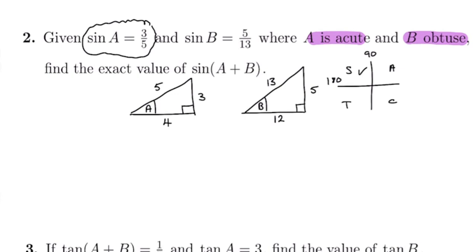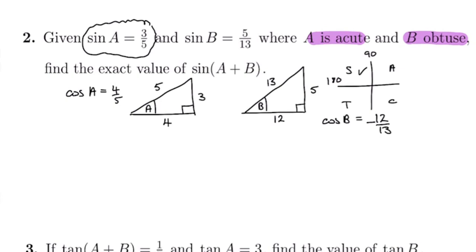So from the first triangle, I can get that cos of A is 4/5, and because A is acute, the ratio stays positive. From the second triangle, I can get that cos of B is, well, if it was acute, it would be 12 over 13, but of course, because only for obtuse angles between 90 and 180 is the sine ratio positive, this must